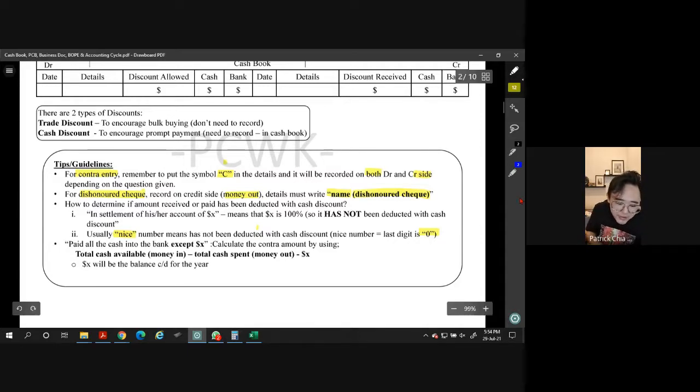The best thing to ensure this is actually language. But funny thing is, even when I asked the language teacher, no, you must not. Yeah, correct. Look at this phrase, his or her account of. When you see the words his or her account of, that means they are telling you how much has been owed. His account or her account means that is the 100%, the amount before discount. These are the keywords here: his account or her account.